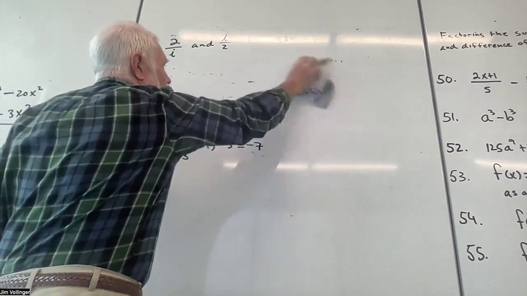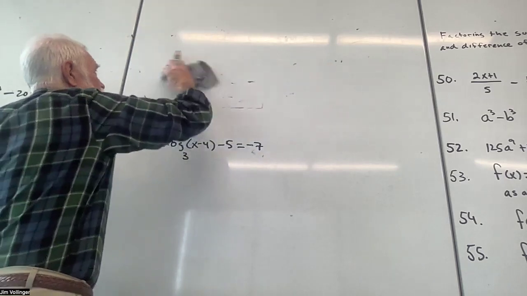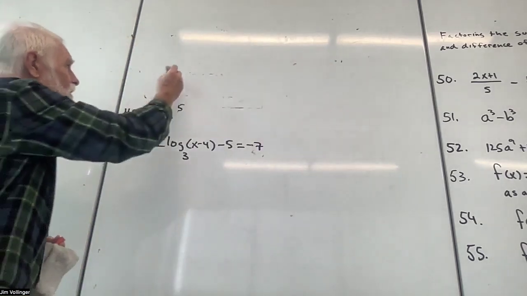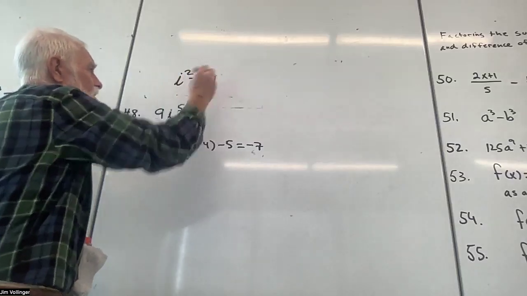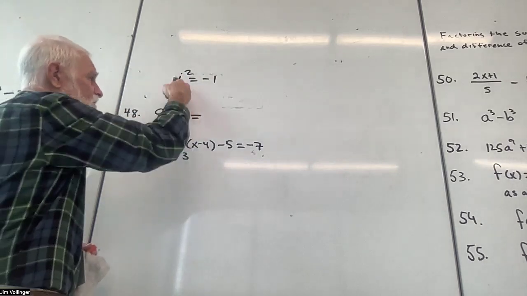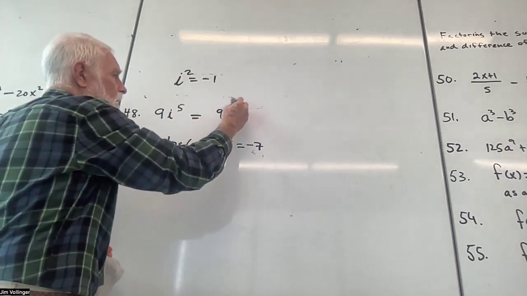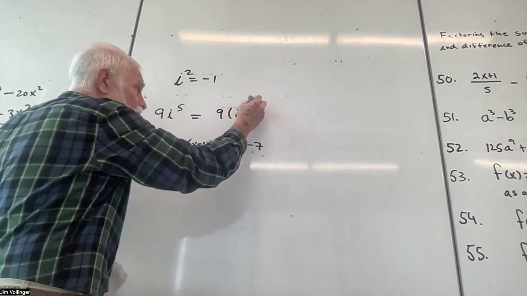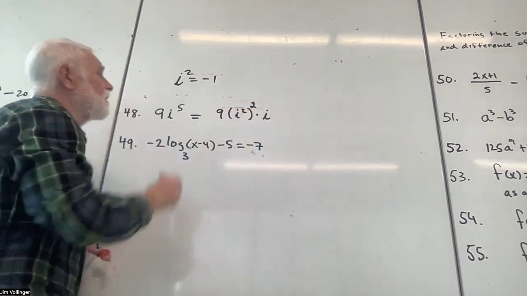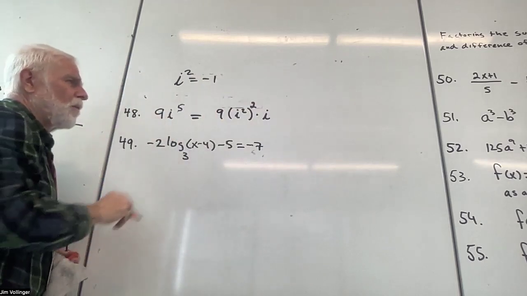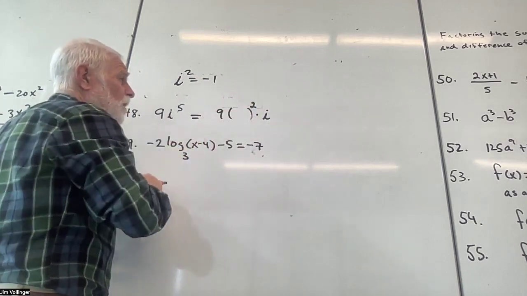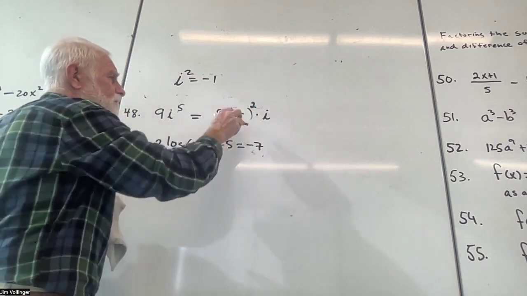Now, there's a rule of 4 in the textbooks, but I don't think anybody's going to remember that after 2 years or something. But you might remember that i squared is -1, which means you can build your answer off of i squared. 9i squared 2 times gets me to 4, times 1 more i gets me to 5. And what is i squared? i squared is -1. So whether this is odd or even